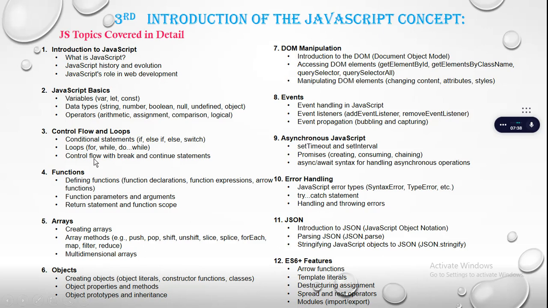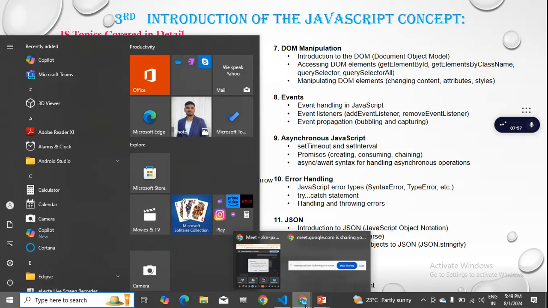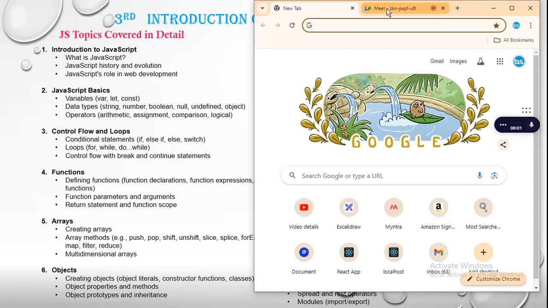So we have completed up till the conditional statements. In the last class I also told about the looping statements, but I'll tell it once again, since in the last class there was a technical issue. So over here, I'll open my